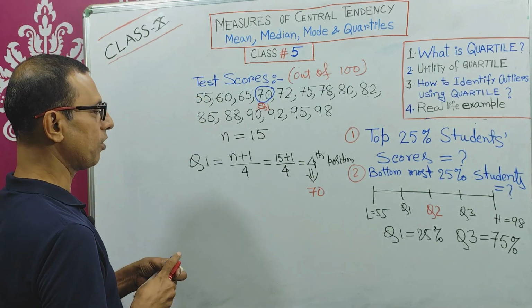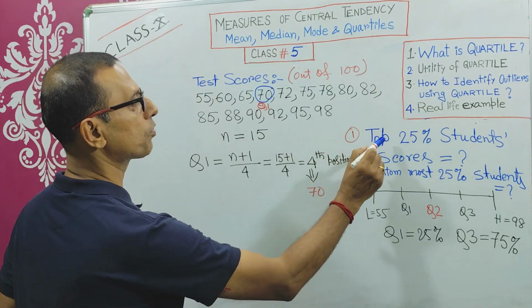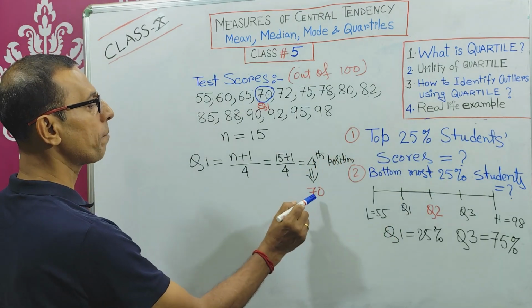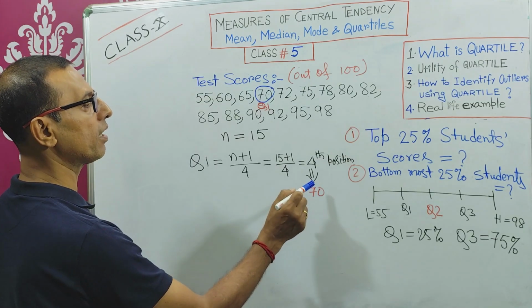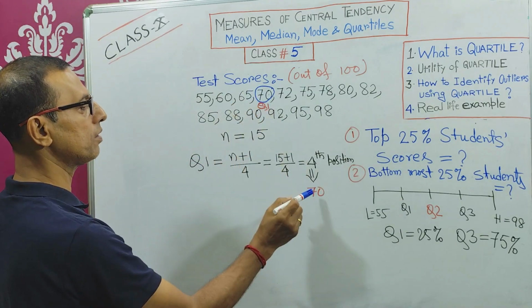What is the value of Q3? Why do you need to find out Q3? Because the top 25% are the topmost, and these are the bottommost 25%. So those who have scored below 70 come under the bottommost 25% of students. So because 25%,